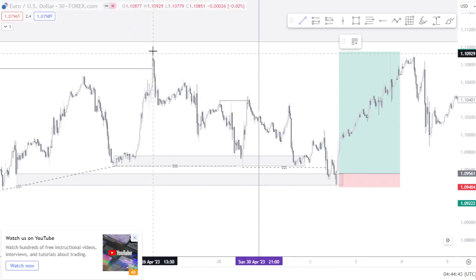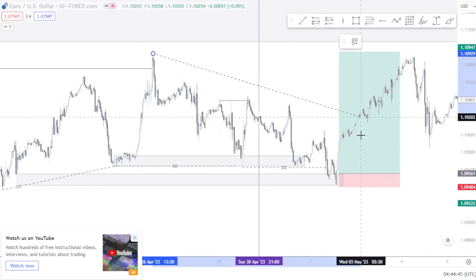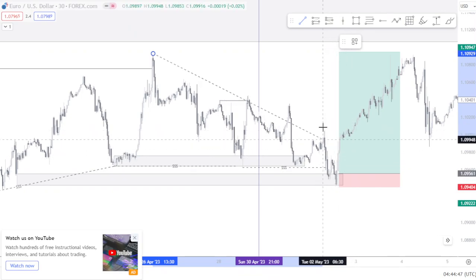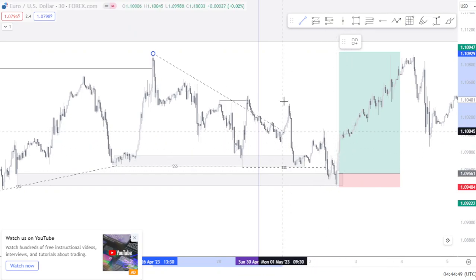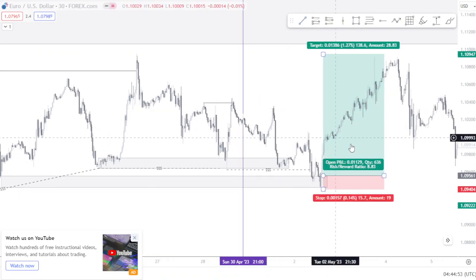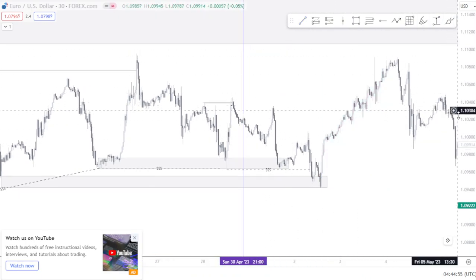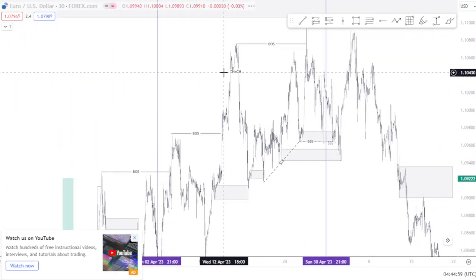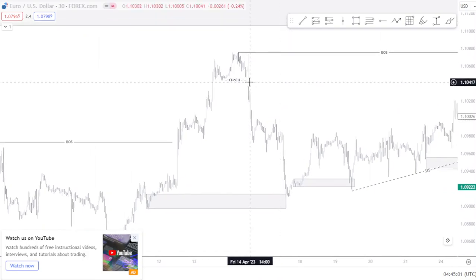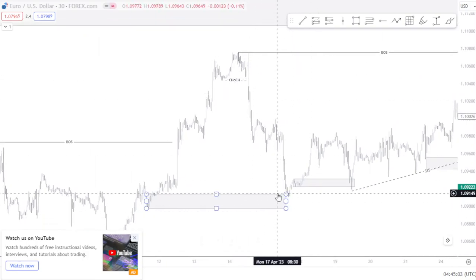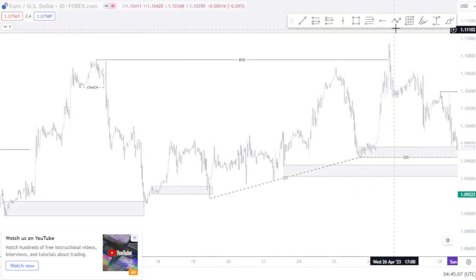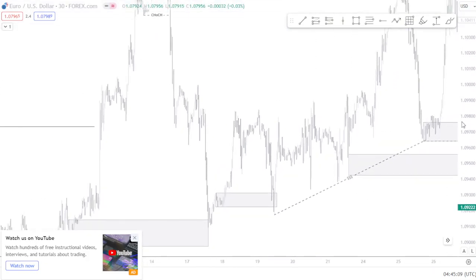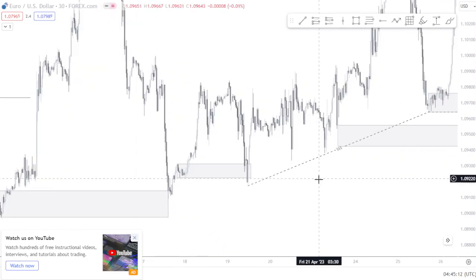That is it. Alright, so that is my analysis for the month of April. Also, from this high here, you could have also looked for a 1 minute entry into this zone. So ride this pullback, ride this up, and even as we're going up here, we could have still stacked our